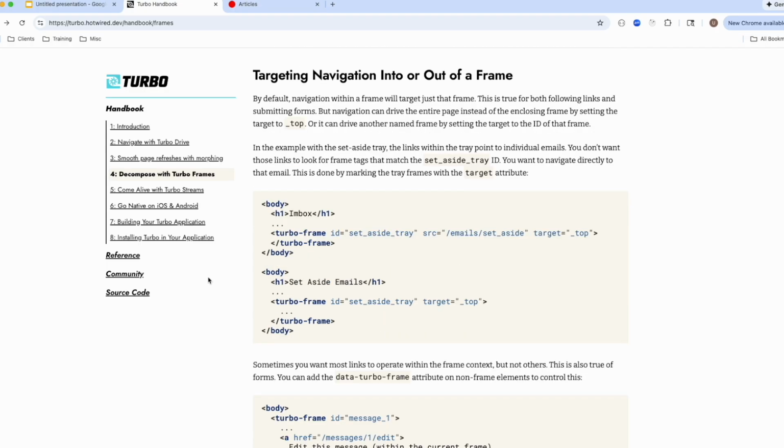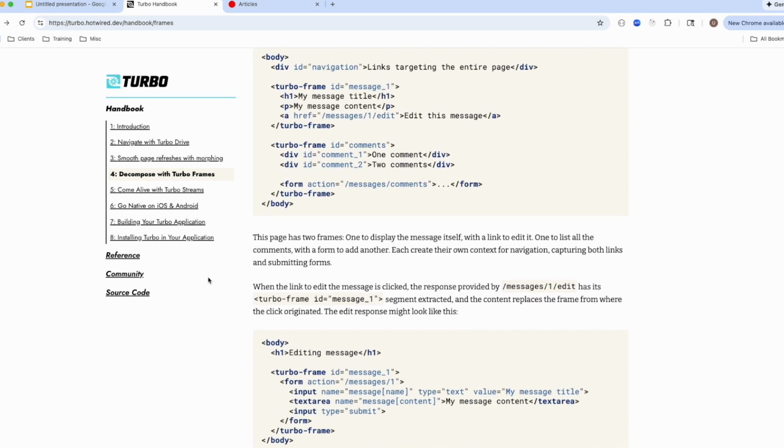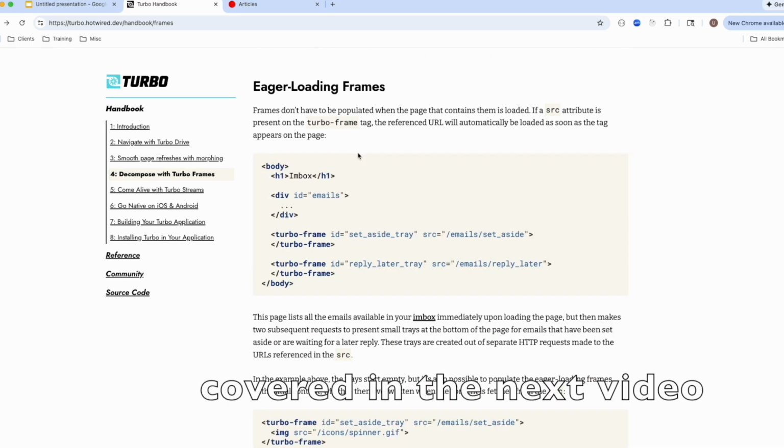Now let us consider another topic that's covered here. As you see, the documentation says that as soon as the page loads and it reaches the line where it contains this attribute with the source,